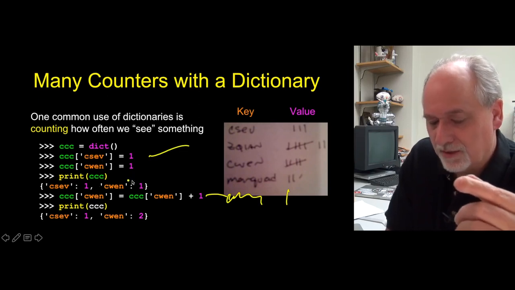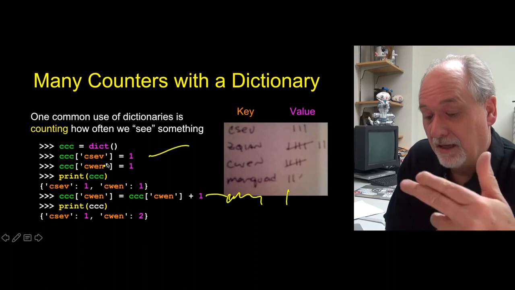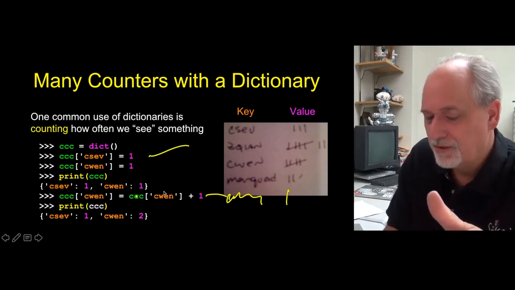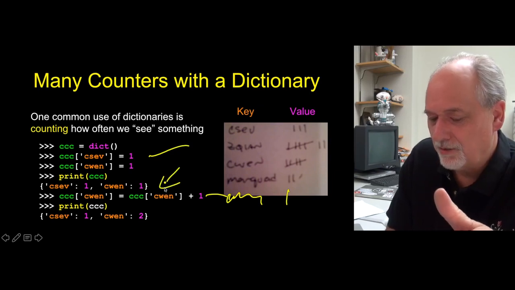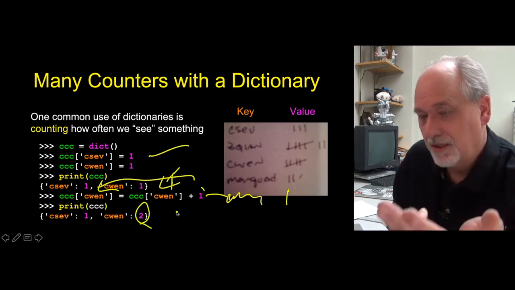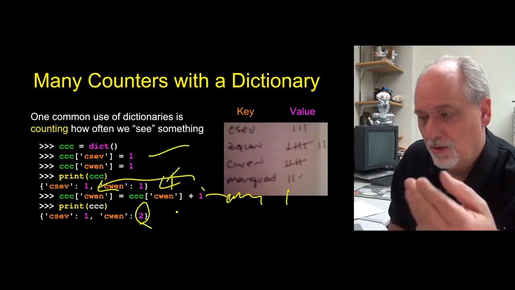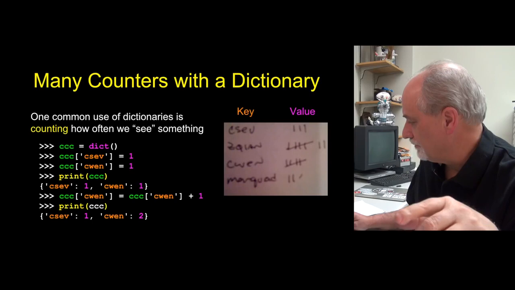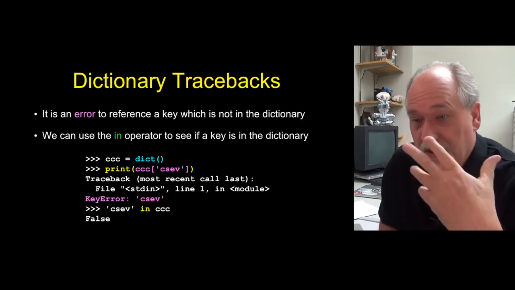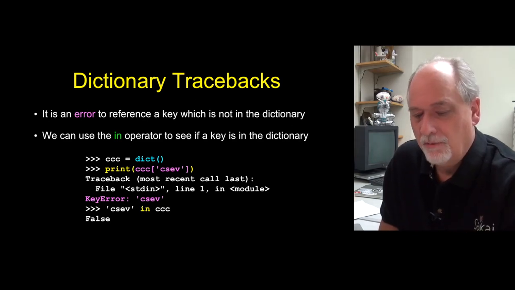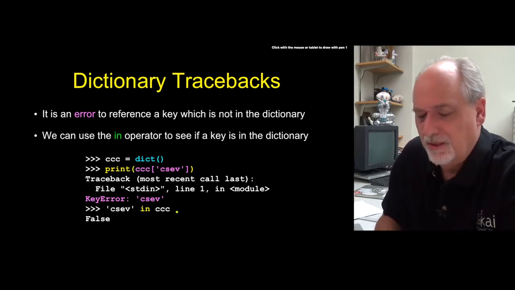And so at this point, inside the dictionary, dynamically adding, as soon as it sees a new name, it adds another slot in here. But then if you see the same name again, like Chen again, then you end up with a 1, add 1 to it, and so it's 2. And so at that point, Chen is 2. And so you can see how you can both extend the dictionary by encountering a new name, or add when you see a name that you've already seen before. The problem with dictionaries is, like everything in Python, there are rules about what you can and can't do. And one of the, I think, kind of frustrating things about dictionaries is that